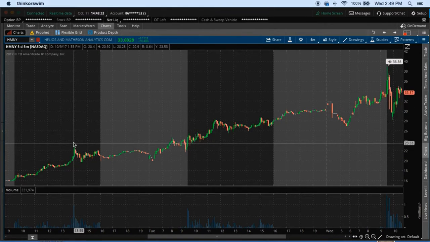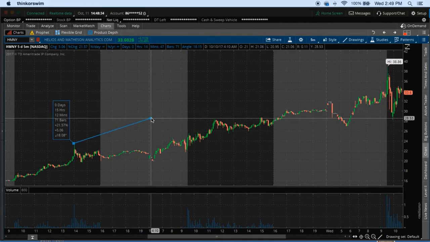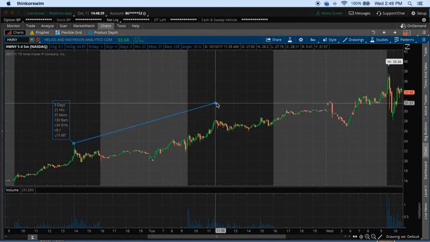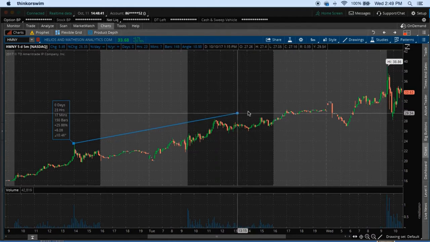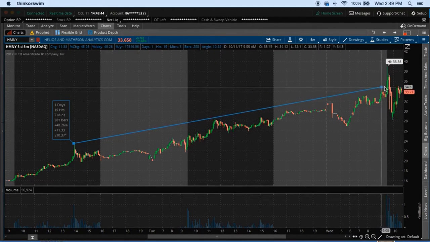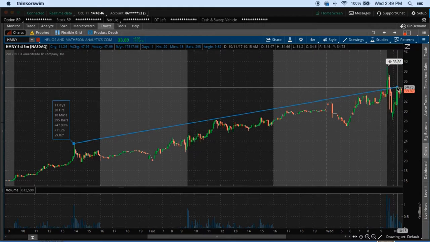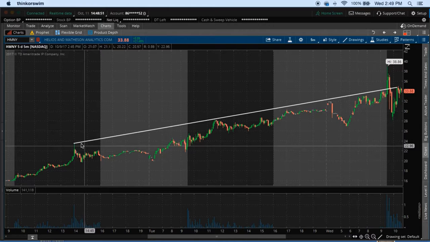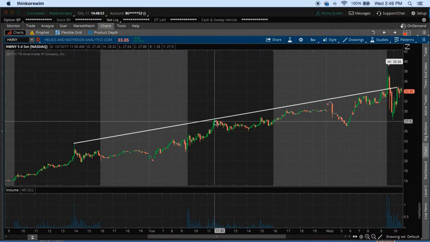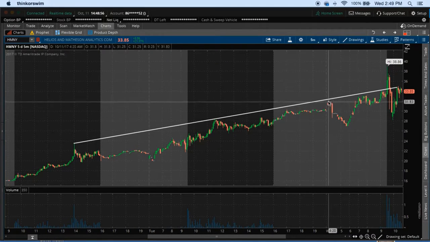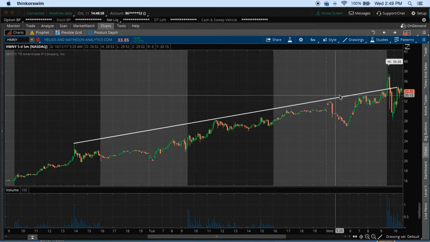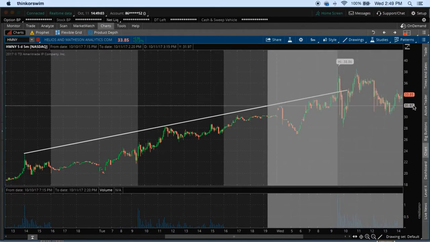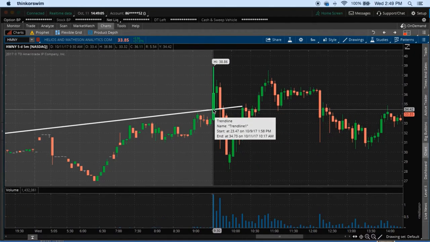Now you start over, right? Now you have this trend line, and once we put in a new high, right, we have our high. We put in a new high, trend line goes like this to that high, and now we draw it all the way across, right? And look what happens. That was our upward trend resistance, where this high is higher than this one, so now we put in our new high. We sell down, we come back up, and as you can see, the stock is treating that line as a little bit of a resistance point now, until today's trading, where it broke right above that trend line